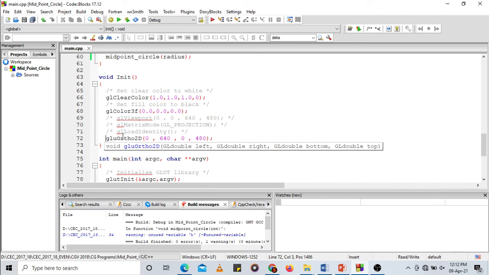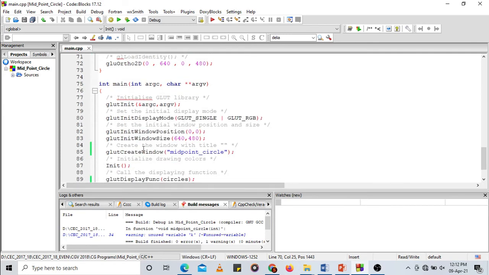It takes 4 parameters: left, right, bottom and top. Left will be 0, right will be 640, bottom will be 0 and top will be 480. This is the 2D orthogonal viewing volume that we have created. So that is our init function.